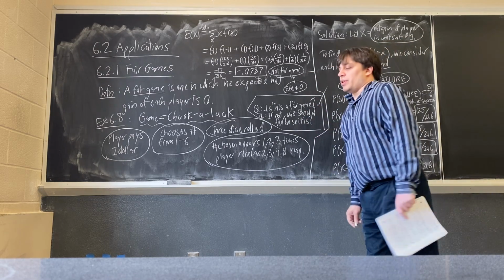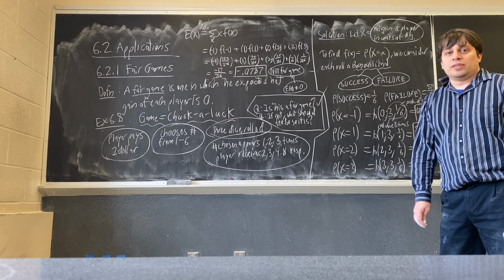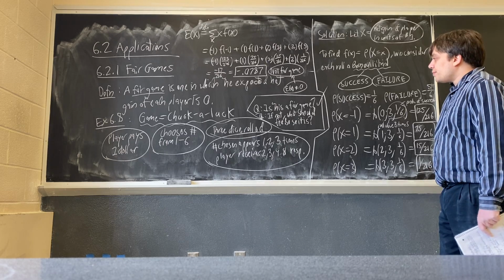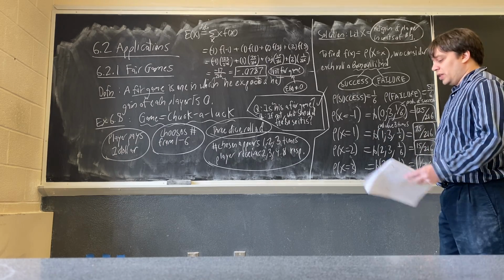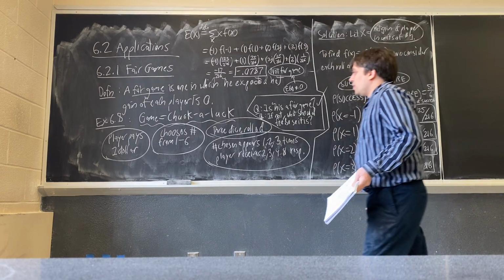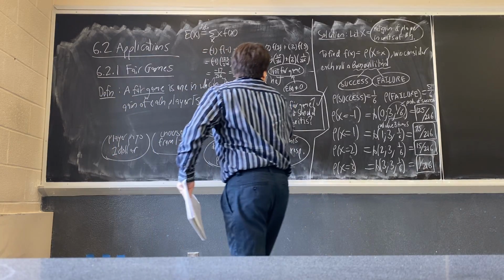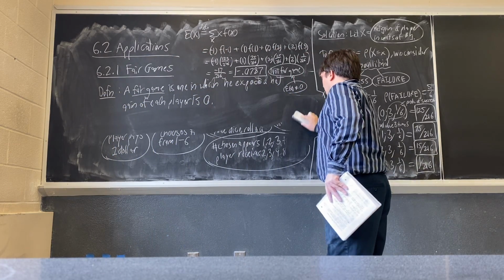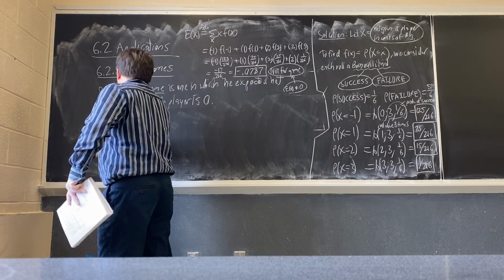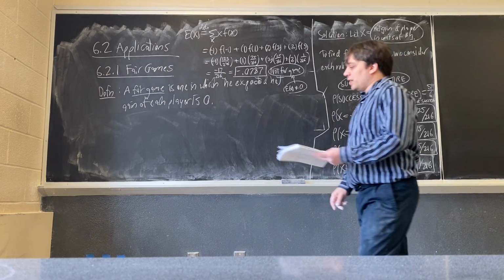Okay, and so we answered that question about whether or not it's a fair game, whether or not the expected value of our discrete random variable is 0. It's not. Okay, so that's the first question. And so, okay, so I'm going to erase where I say what the game is, because now we have all this information. The second question is, what should the fee be so that it is a fair game. Okay, and so